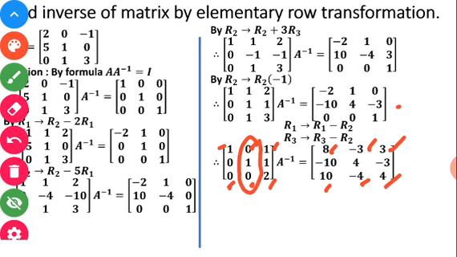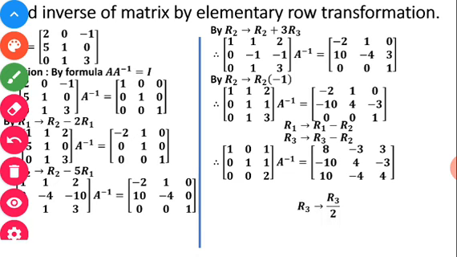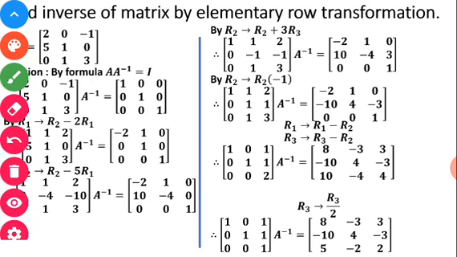Now my next operation is that I am going to make this 2 as a 1. This 2 I want to make 1, and for that let's see what operation I am doing. I am doing what? R3 divided by 2. If I am dividing this now by 2, because I don't have now any other option. Without dividing I can't do. If you say you can take the help of this 1, sir, but if you take the help of 1, then you will find this 0 will get disturbed.